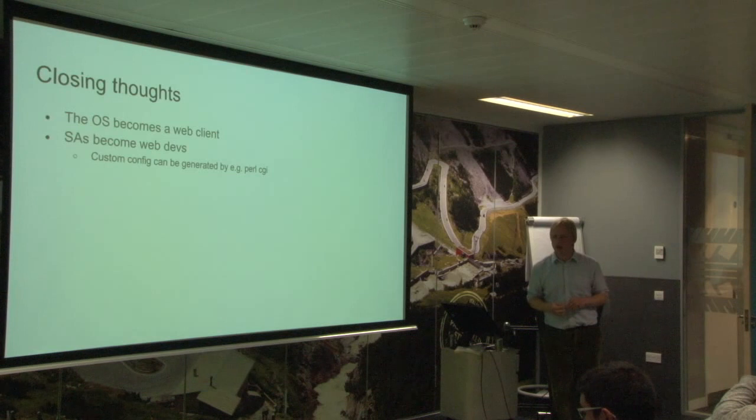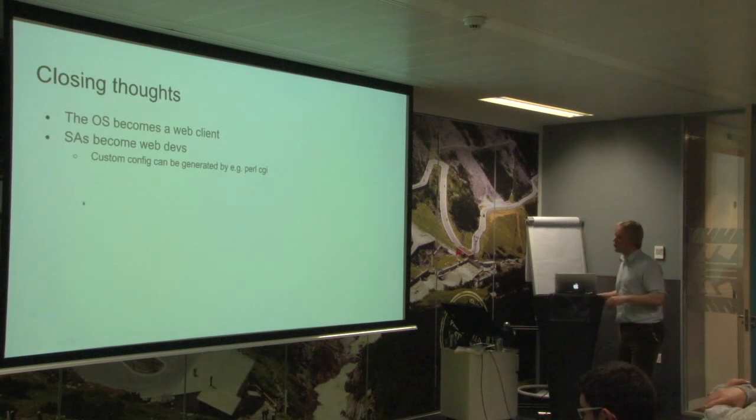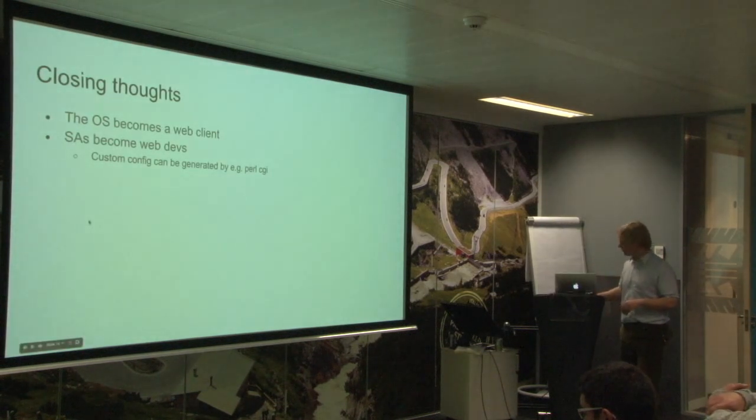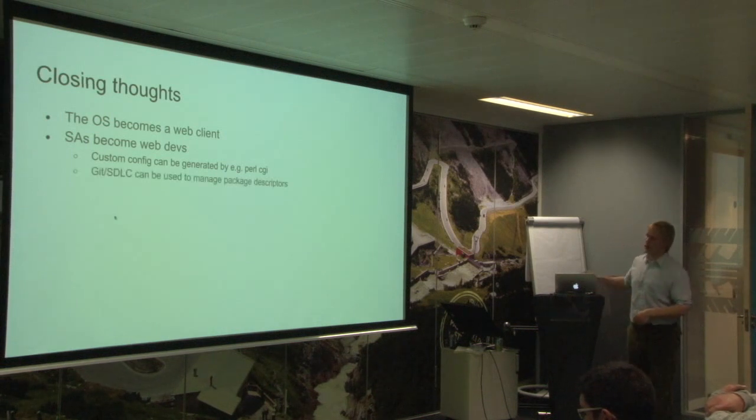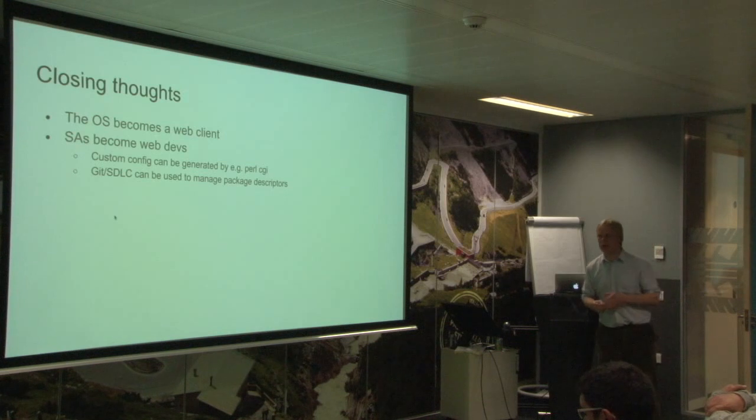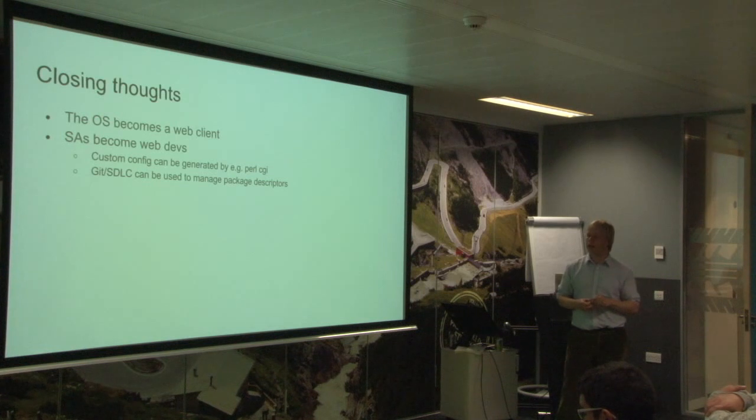You can also, if you just want to store raw JSON, then use Git and SDLC, and pull requests and ways to collaborate over these things. Which, if you think of in the Ubuntu world, you've got all these PPAs. Maybe instead of doing that, we should be using pull requests or whatever.